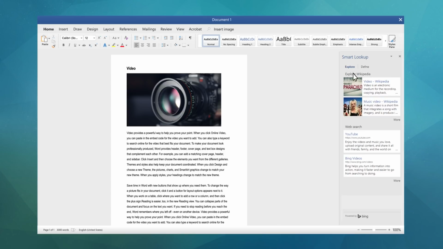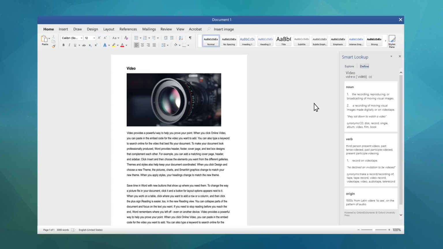Navigating over to the Definitions tab in Smart Lookup will allow you to quickly and efficiently source definitions of words in your document. See how simple it is to speed up your workflow and efficiency using Microsoft Search Bar and